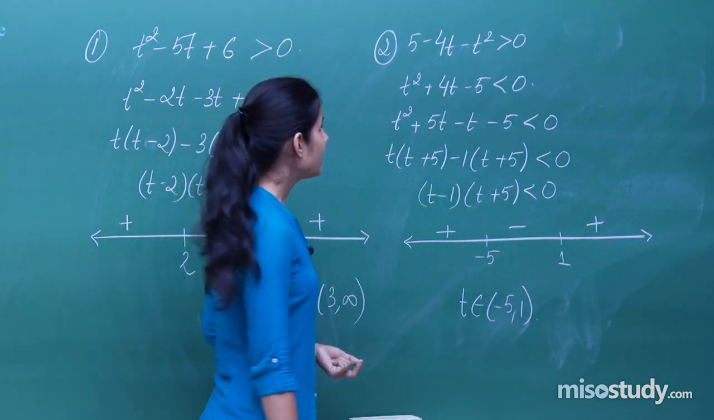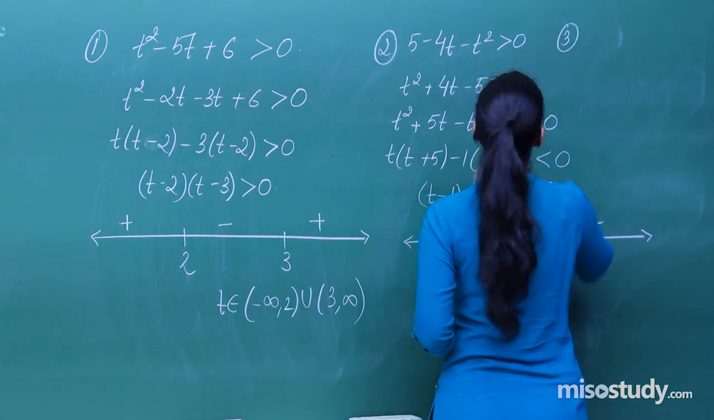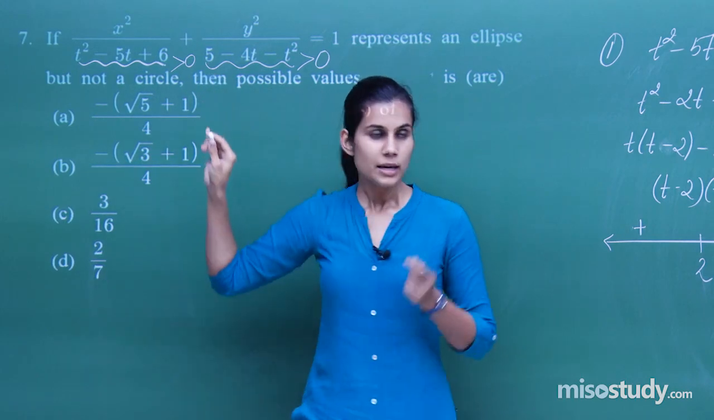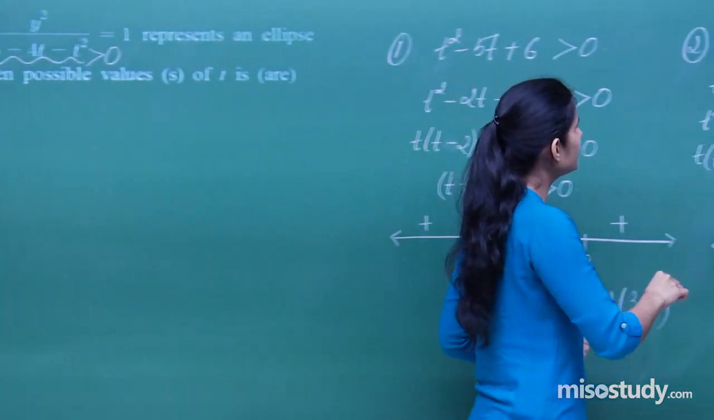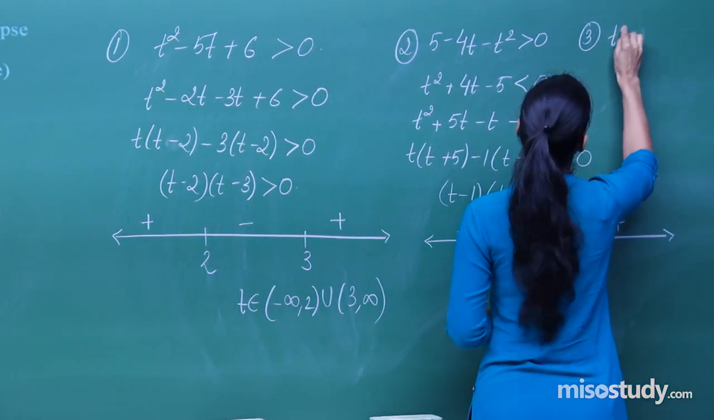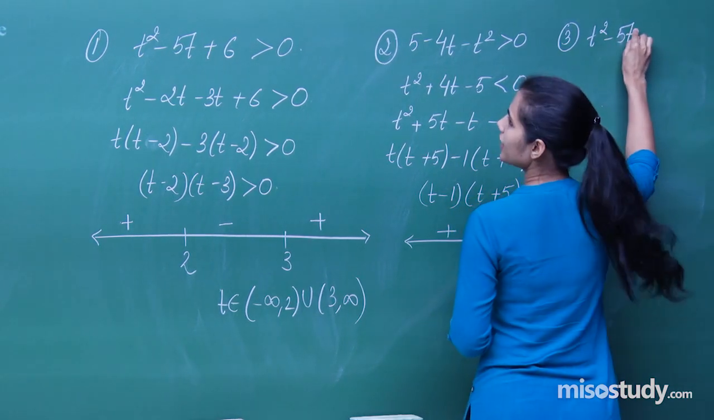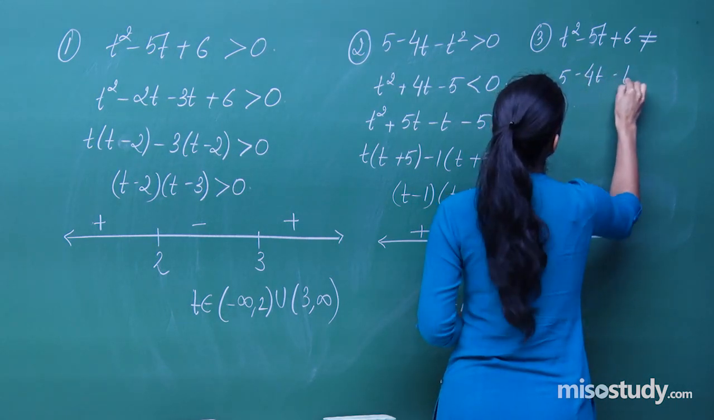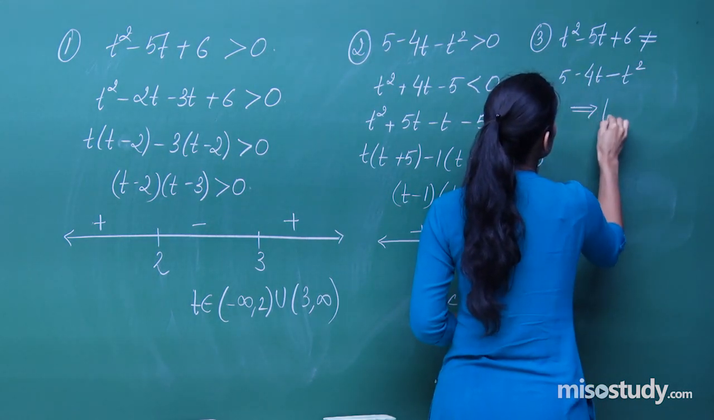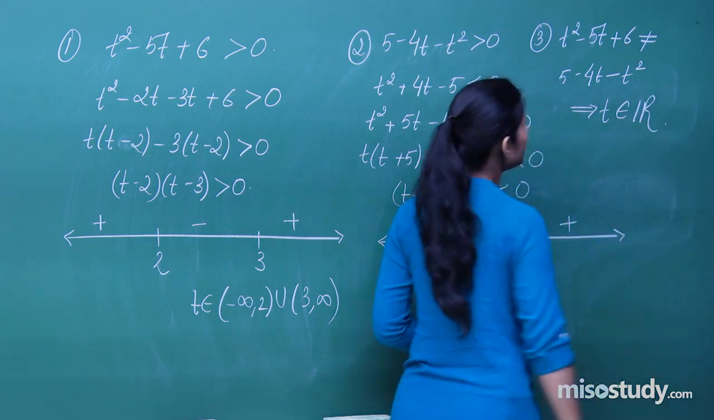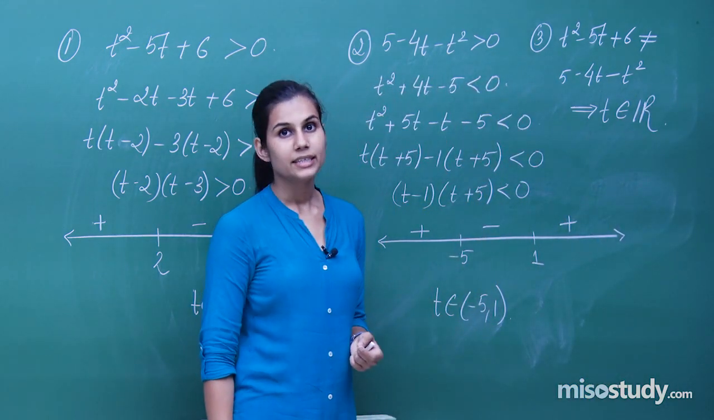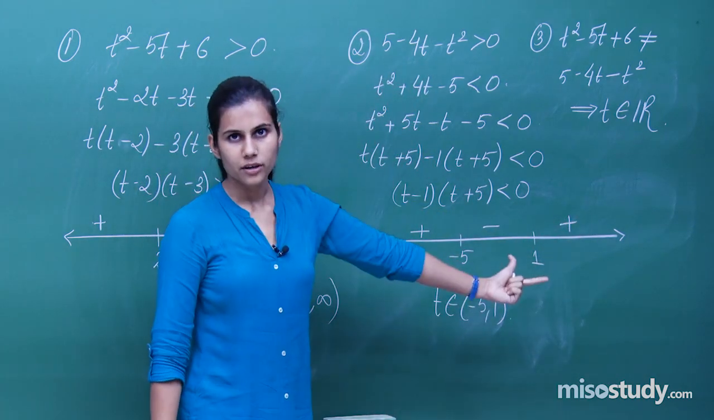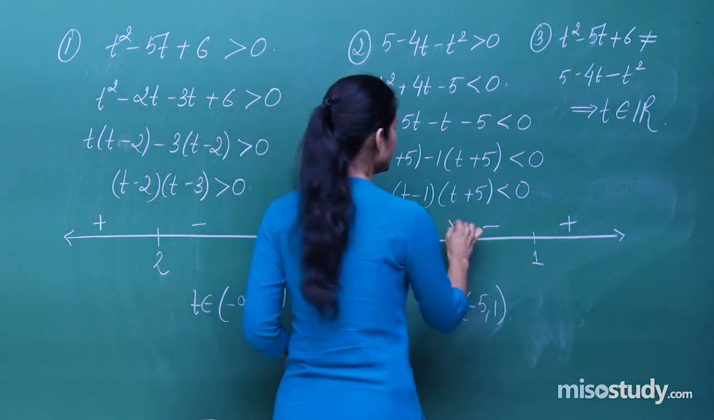Also when I am talking about the third condition, that is, these two should be unequal. Basically, third condition that these two should be unequal is implying a very simple thing, that is t square minus 5t plus 6 is not equal to 5 minus 4t minus t square. This is just implying that t is not supposed to be an imaginary number, it definitely has to be a real number. So when you combine all the three situations together, you basically get the intersection to be minus 5